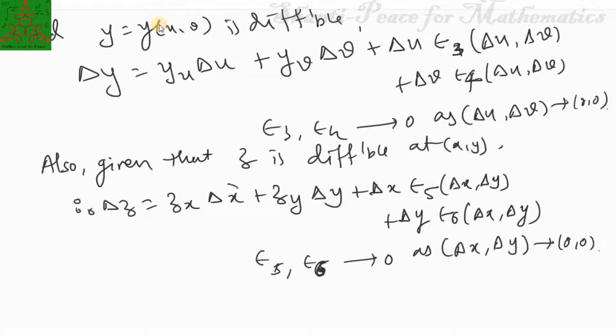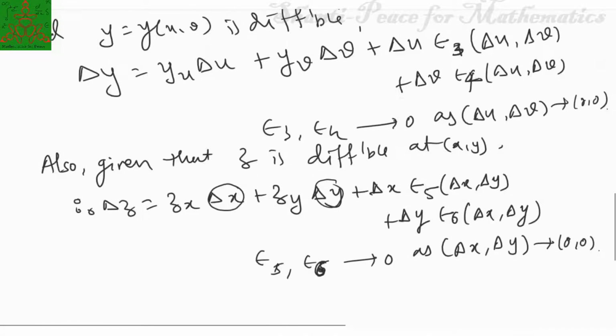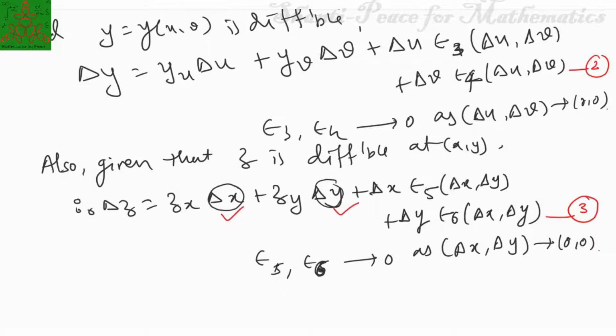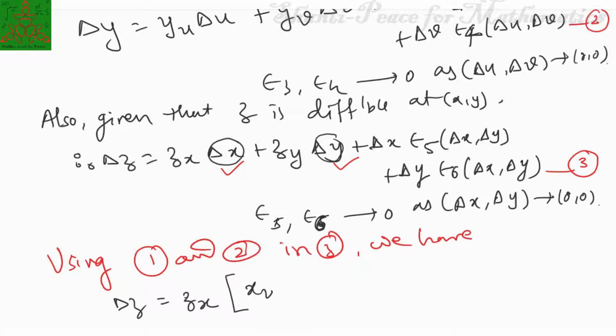Now here delta z is there and delta y is there. In this equation, if I call it equation 1, that is the delta x value. Delta y value I may call equation 2, and this delta z value I may call equation 3. If I substitute this delta x and delta y in equation 3, using 1 and 2 in 3, we have delta z is equal to zx into